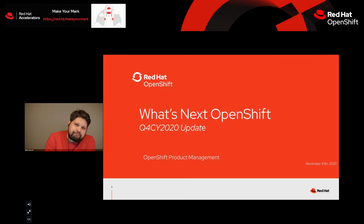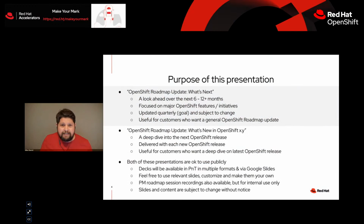Next slide. Like I said, this is a roadmap presentation, which means in Q4, where we stand today, this is what the men and women of Red Hat are coming to work and working on. This is our best estimate of where we're going. Now, things will evolve. And in fact, in the roadmap presentations, things evolve and change a lot. So it's good to check back in with us. We're going to be doing this once a quarter, so you'll get to see the change and the evolution of